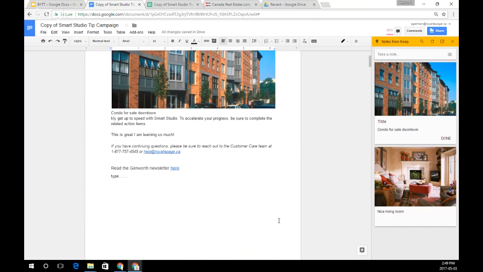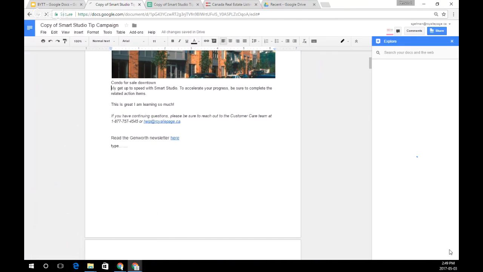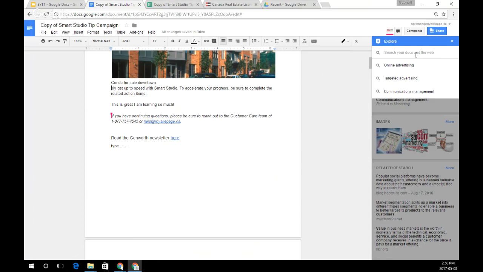There's this other neat, I'll close that guy. There's this little star thing at the bottom right corner, and this is called Explore. So if I click on this, it'll open up the side thing. And what this will do is I can search Google or within my drive, and I can easily drop in info. So, if I just want to look up housing